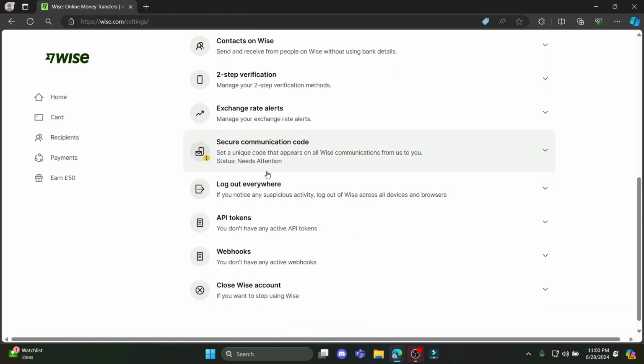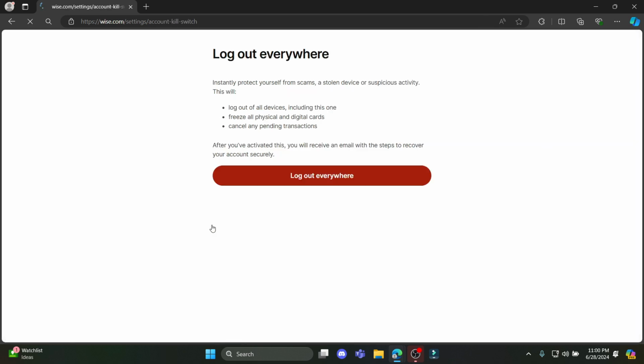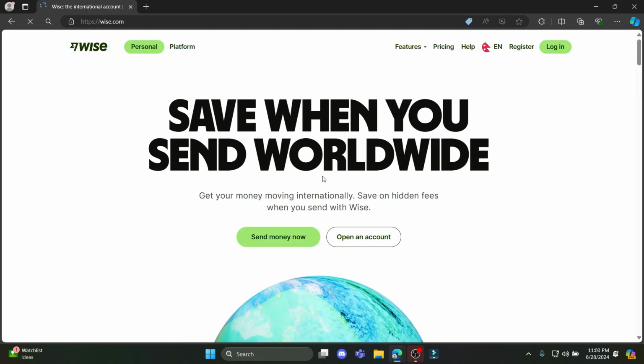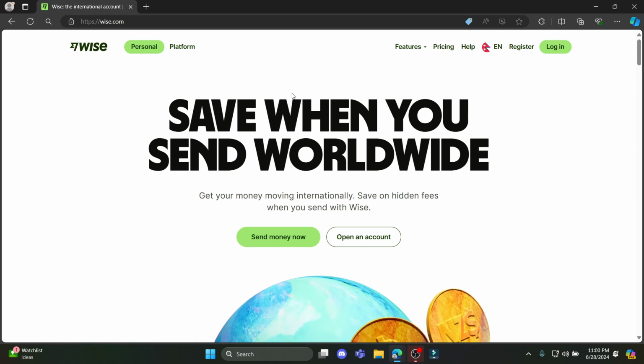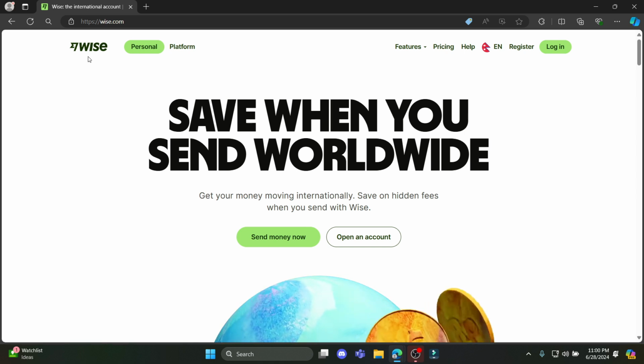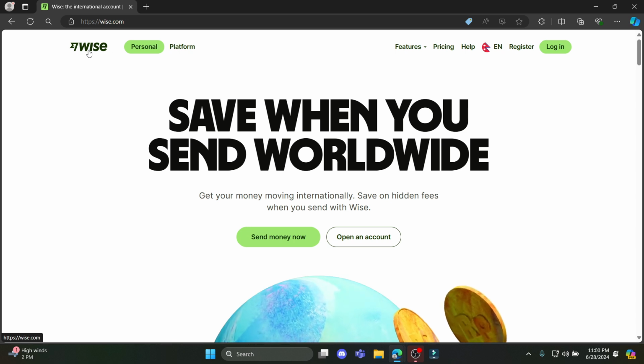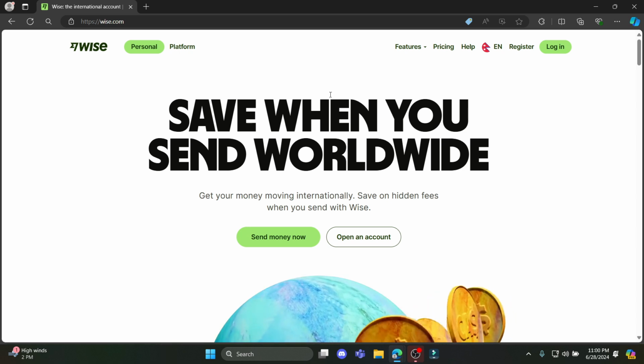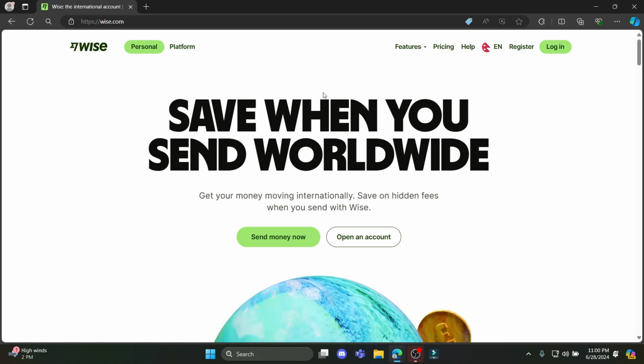Now scroll all the way down until you find logout of everywhere, tap on it and click on it once. And click on logout everywhere again, and in a while you can notice that you have been logged out of your Wise account. And same goes for other devices as well. Every device with which you logged into Wise will now be logged out